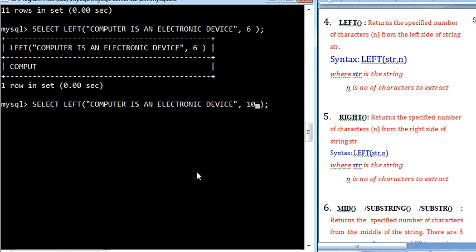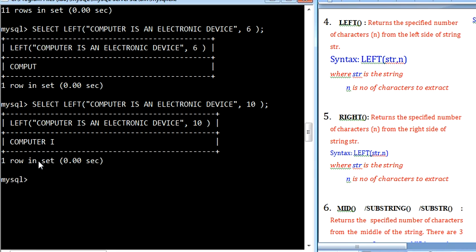The output will be 10 characters from the leftmost side, that is "computer i", and whenever it extracts, it also includes the space. Including the space, it will count and extract.